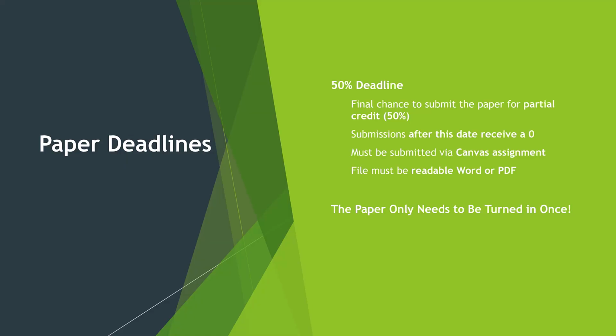Now, the third deadline is the 50% deadline. And I usually put this at the last day of finals, typically 11:59 p.m., but always check. I've never changed this before, but I don't want to promise something because I plan to leave this video up until I need to change it. And so always check. This deadline arose because of a situation where a student came to me and said, essentially, I kind of forgot about the paper, but I'm a graduating senior. What can I do? And this is way, way, way late.